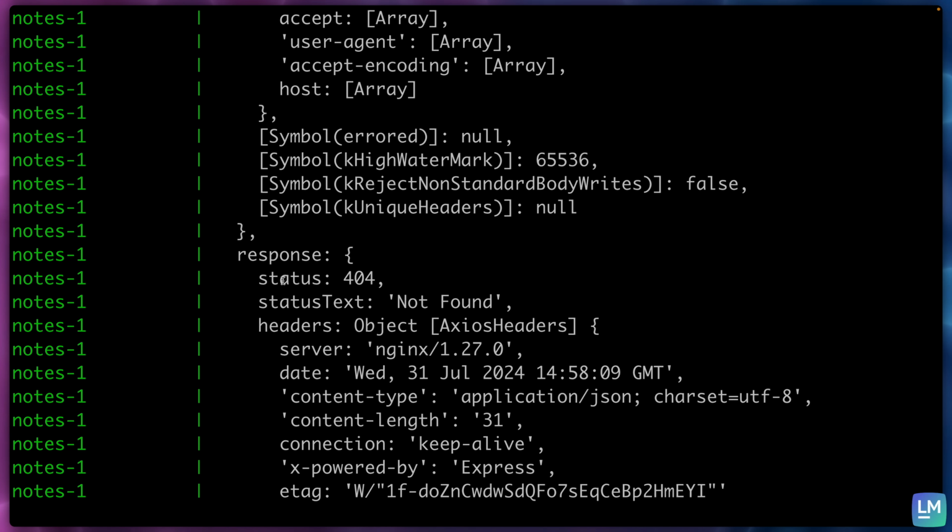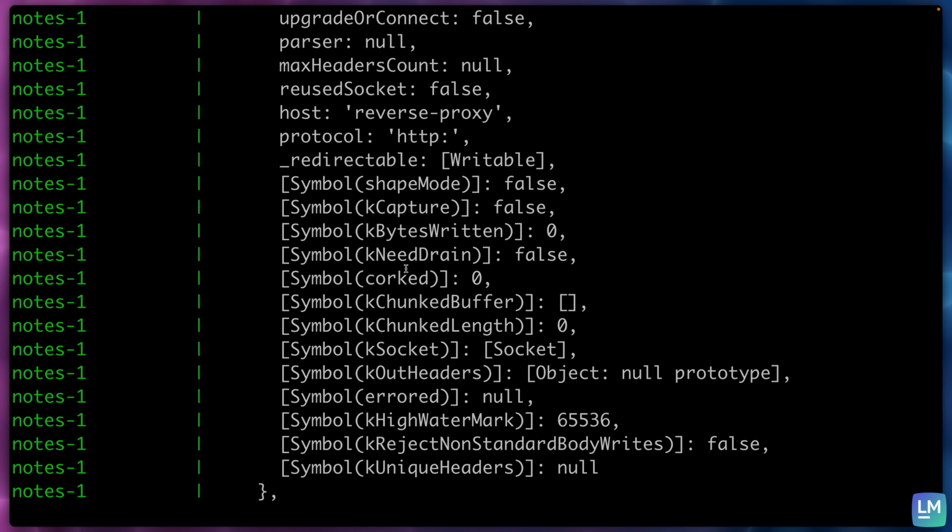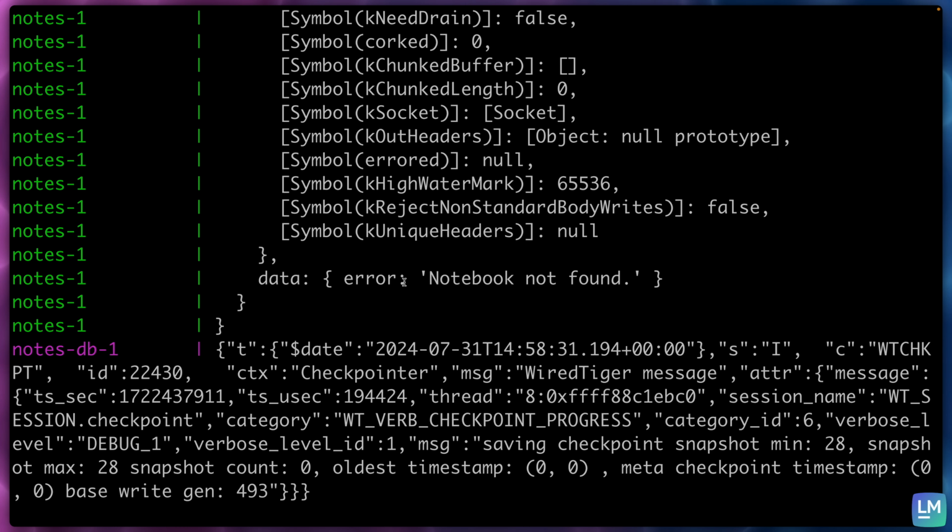Here is the response, here is the status of the response, and here is the status text. So it just says not found, and then at the very, very bottom here we have data, error, notebook not found. This is amazing. So we were just able to communicate from the nodes backend to the notebooks backend via